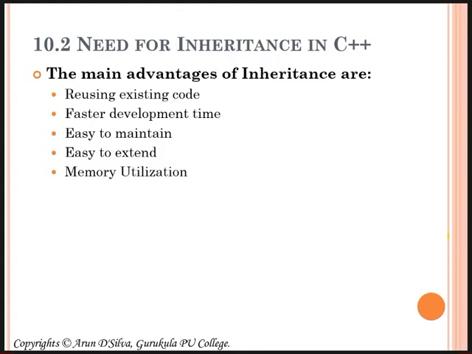Now altogether I'll put it together for you, I'll make it clear. As I told you, repetition you can avoid. That means whatever code is there in the existing class, the base class, that same code will be used in the derived class. So that means reusing it. Now you are not writing it once again in class Y. So that means faster development. Now you are reusing it, so the code will be minimized, so you can easily maintain it.